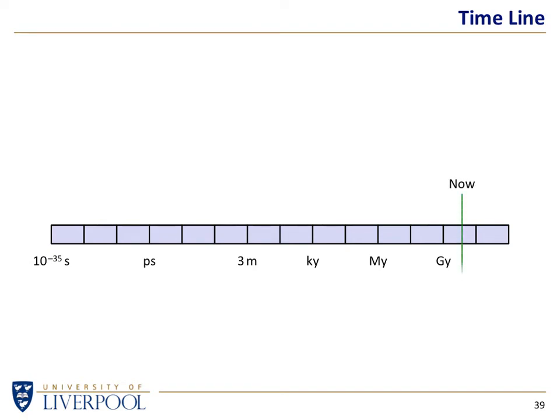It's a ridiculous timeline from 10 to the minus 35 seconds on this side to 13.8 billion years on the right-hand side. So we start very early on with a golf ball with dimples, i.e. variations in density across its volume. Eventually that will give rise to a soup of particles, which we might label red, green, blue, or up and down. It's a quark soup.